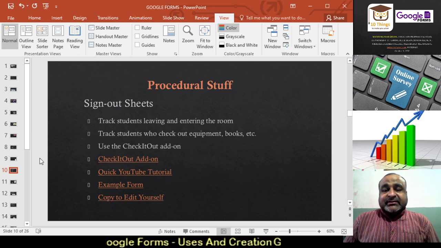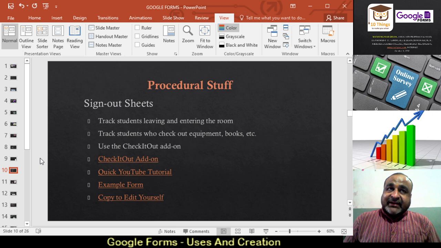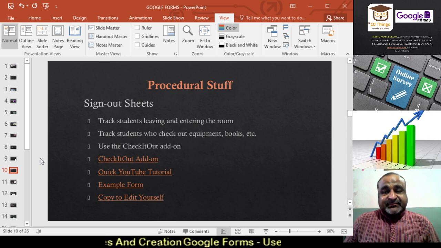Then, when students enter classes, we can check at what time they come in and at what time they go out. We can even give assignments to the students and verify them online with the help of forms.